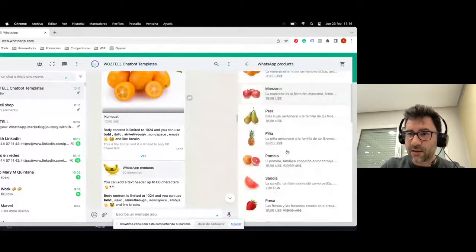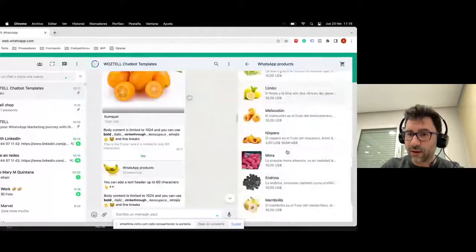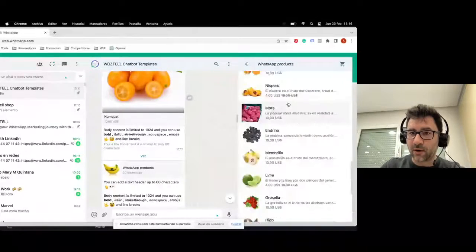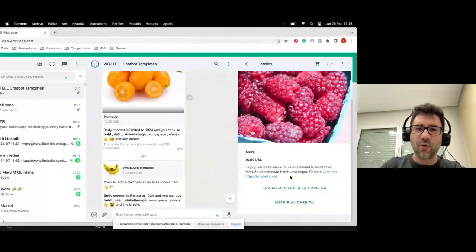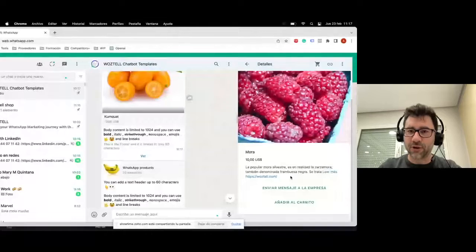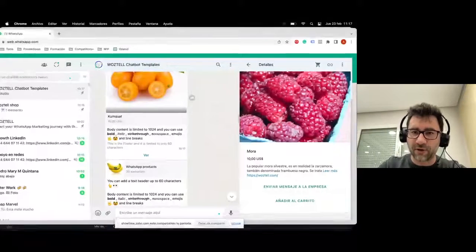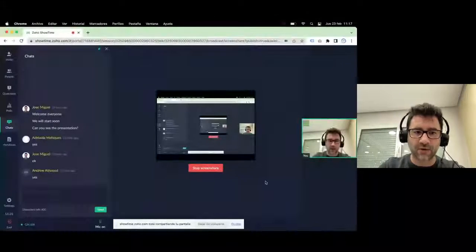So here you can send as many products as you want to your customer, and when they click on one of the products, the experience will be the same. So combining this kind of options, you can do a lot of stuff with your e-commerce online. So it's pretty powerful, right? So this is one of the new stuff that WhatsApp is publishing right now, and we already have it ready